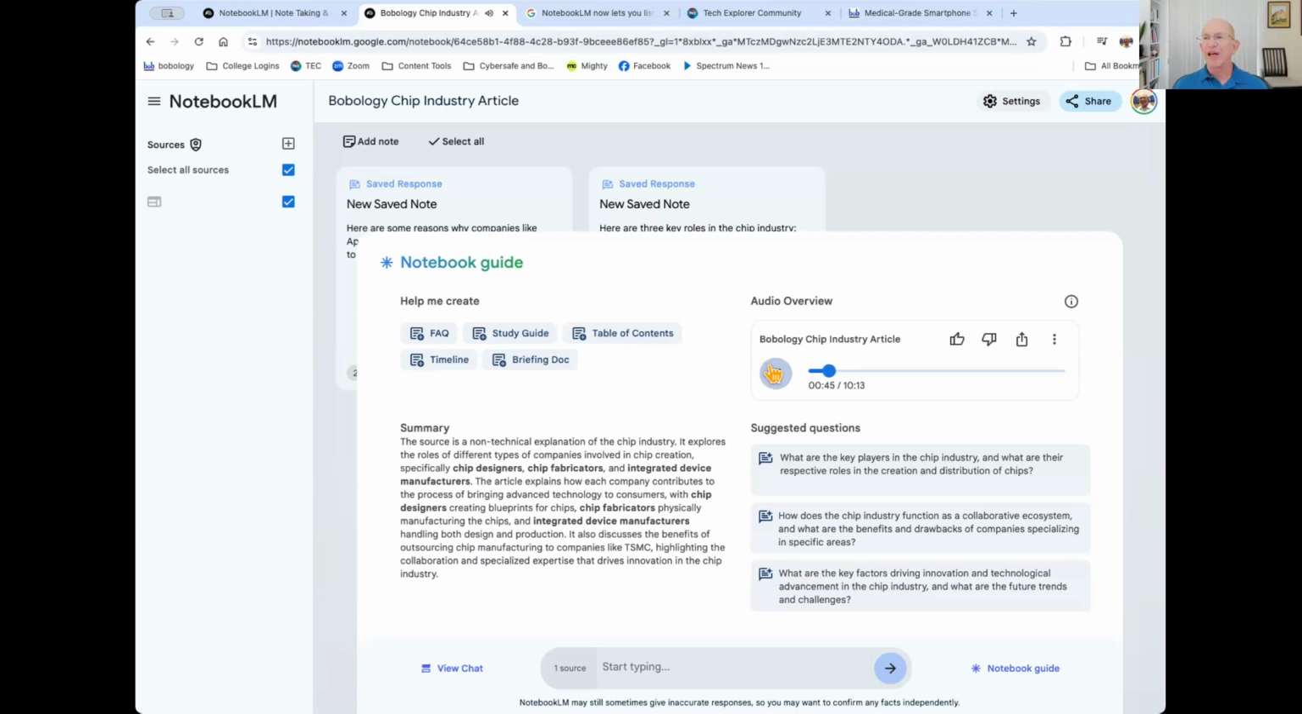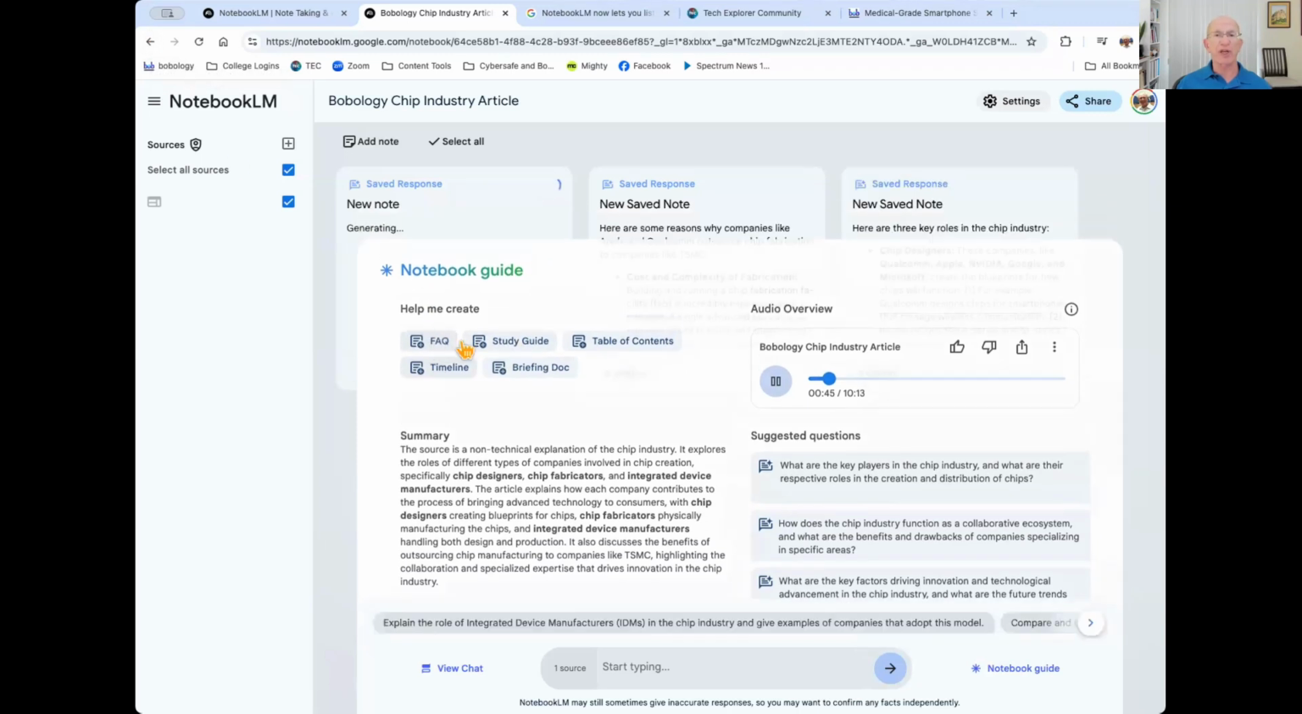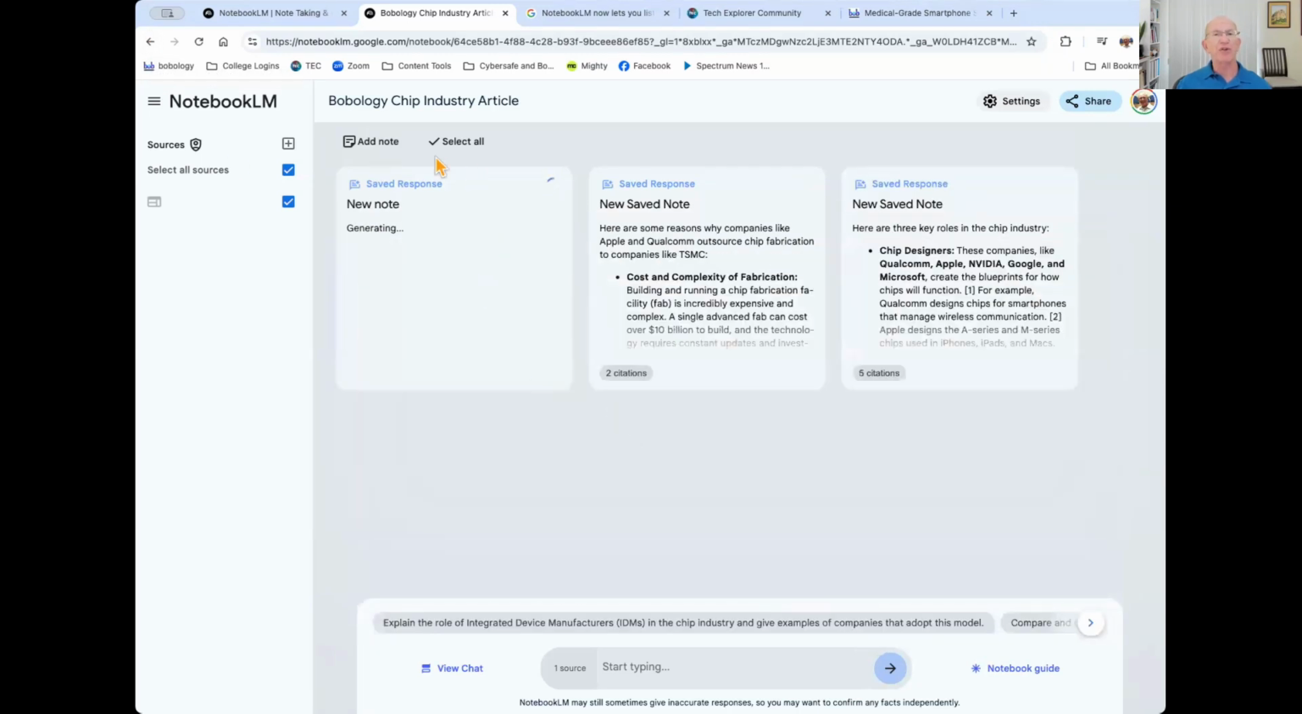Right. So you can take anything. This was a link to my website article that I used as a source. And I just asked it to create a guide for me that basically analyzes the material. But here's the other thing. We can create frequently asked questions. And so it generates a new note. And you can see it's saving all of these notes as I go along. So if you're doing an